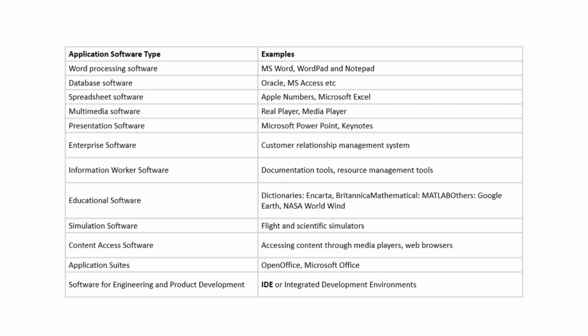So there are certain educational softwares. What I mean to say is, there was a time when for small terms we would refer to the encyclopedia, but right now Wikipedia is one of the best ways to extract information. So educational software has come up, like online dictionaries, then Google Earth, then NASA has also created some customized software, then mathematical software is there, and on the other hand there are certain simulation softwares, which make a prototype of the things we are going to do, and it's going to help individuals in a very big manner.